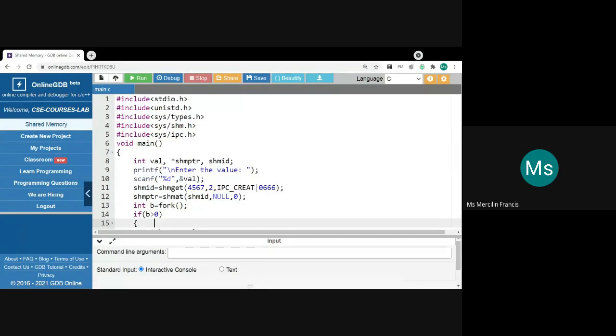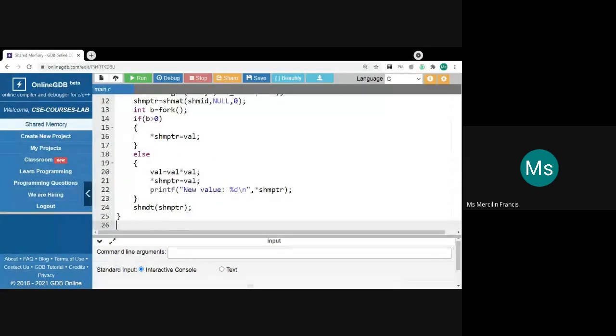Once the task is complete, you can free that memory location, like detaching the location from the identifier. In order to do that, we make use of the shmdt function.